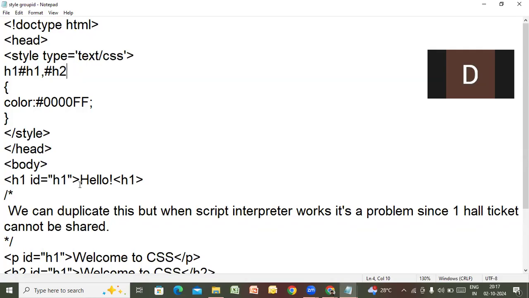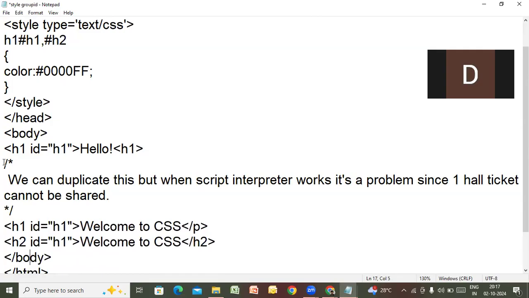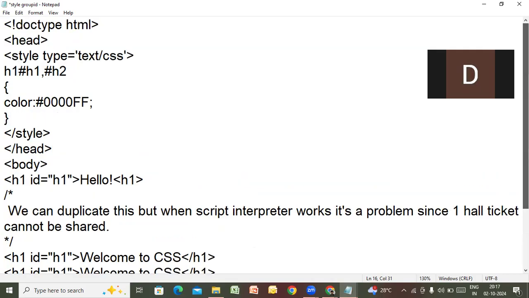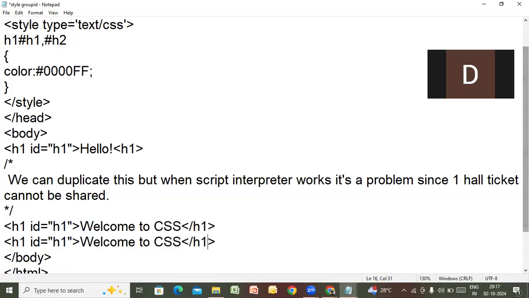I do one thing. I take H1. Here also I take H1. Now it will change. So if we take different types of tags, it is not applying. That's why I'm taking the same unique tag. Okay, unique tag, but I gave H1 and H2 to H1. Here I gave H2, and again here I do one thing. Here let's give the name H2. Just